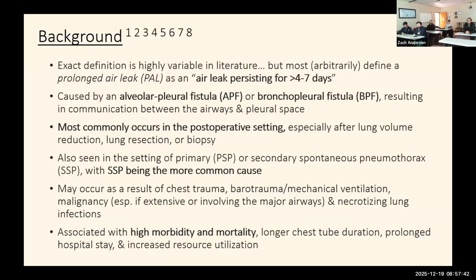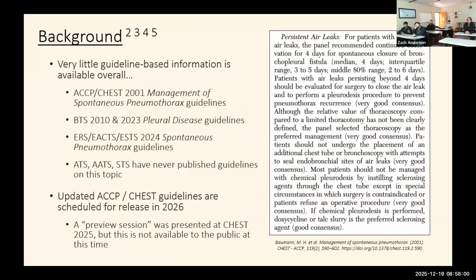It has a very high morbidity and classically has been associated with a high mortality. We'll talk a little bit about that in a second. But definitely results in longer chest tube duration, increased length of stays, and clearly increased resource utilization. This picture on the right is just included to show you that up until 2001, or after